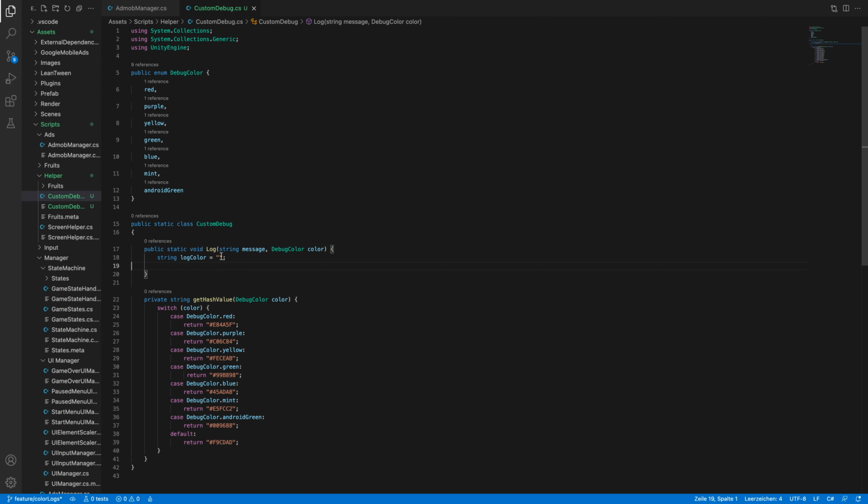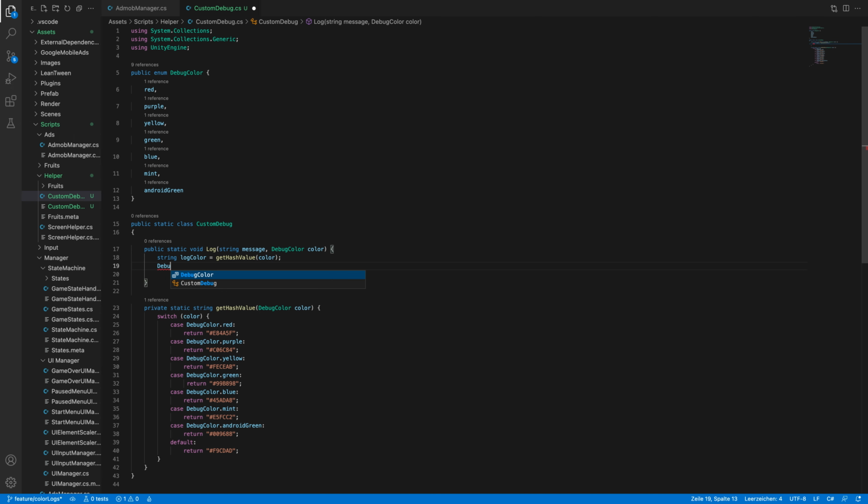And now we can write string log color equal get hash value. Oh, we need to make the private string to a private static string because our log is static as well. So we can write get hash value and give it a debug color. So the color which is given into the log method. And then we write